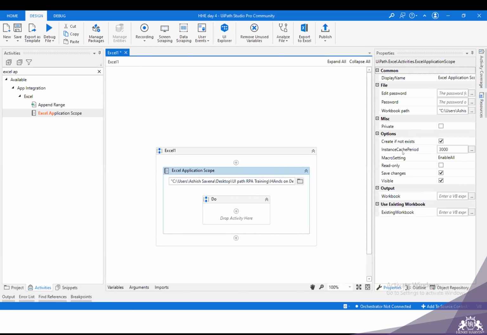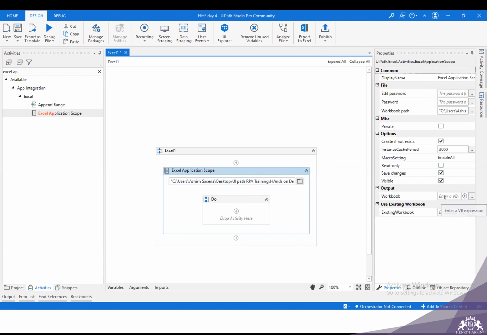Instance cache period: 3000 is the instance cache period, and macro settings are enabled. Read only: no, you don't want to open this file in read only mode, you want to apply some changes into it. Save changes will save the changes automatically. Visible means that while performing the actions, it will be visible to you.